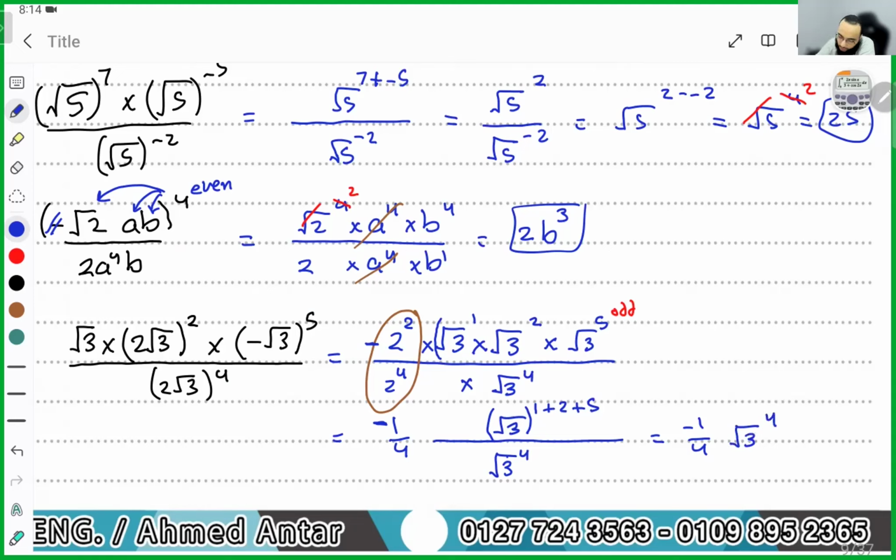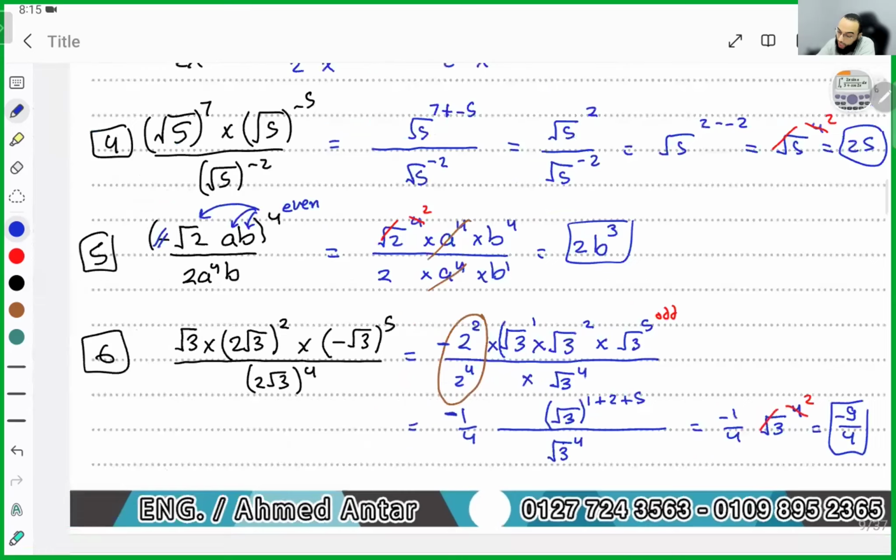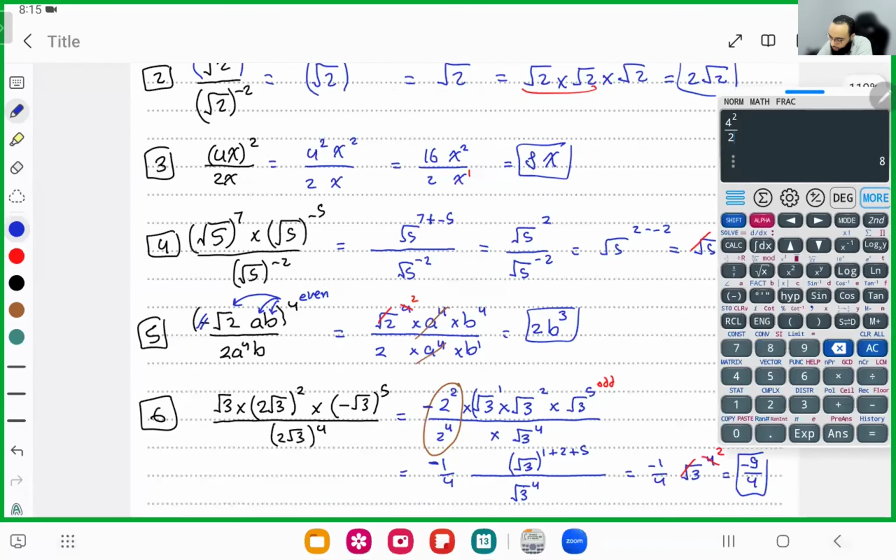You know, root 3 power of 4, we can get half of the power, which is 3 power of 2, which is 9, then it's negative 9 over 4. Let's check the calculator. You actually can do all of the questions in the calculator. Okay? It's root 3 times 2 root 3, close the bracket, power of 2 times negative root 3, close the bracket, power of 5,